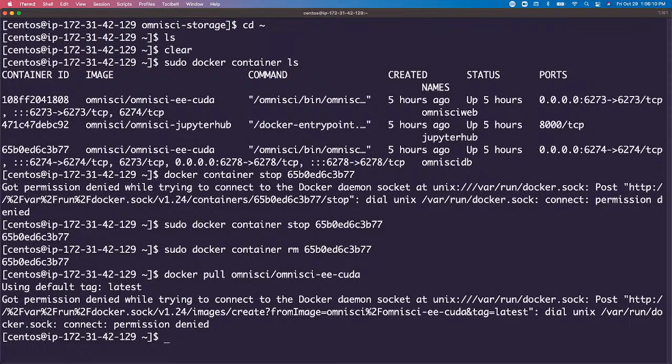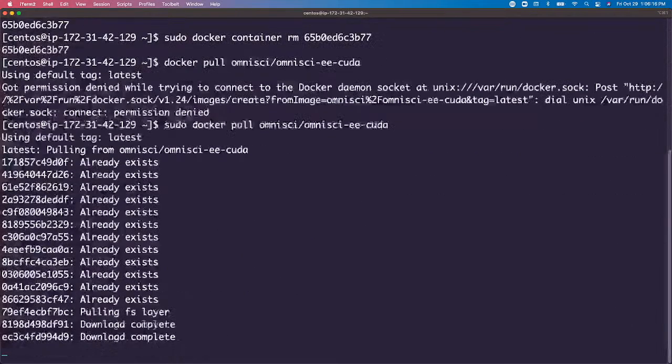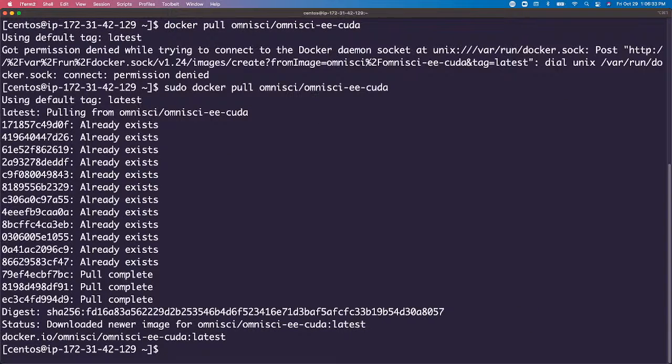I keep forgetting to keep sudo at the beginning of these each time. All right, so it's going to pull those. And while it does that, the next thing that we're going to be doing is we're actually just going to